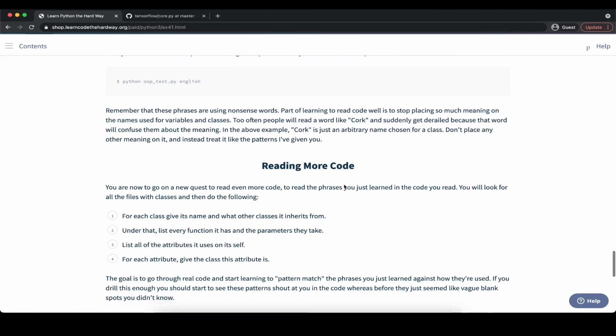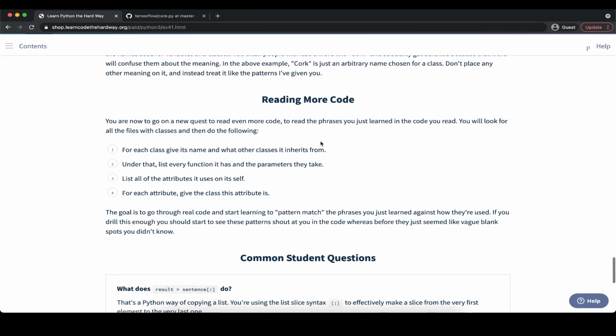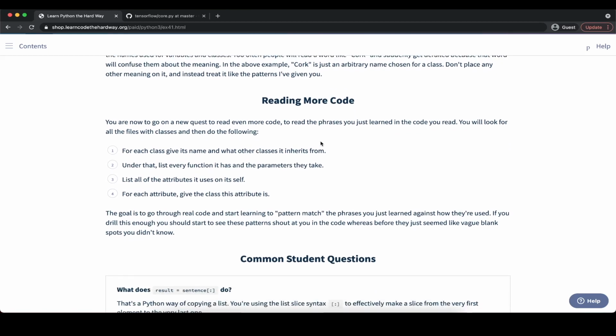And then of course it's really important that we get more familiar with other code examples. And for that we can read some other code, read some more code. So here what we should be doing is to take a look at some code somebody else wrote, and then for each class give its name and what other class it inherits from, ideally with the same format that we learned before.